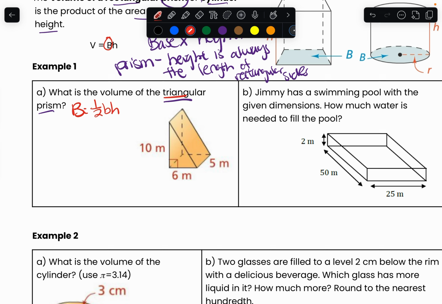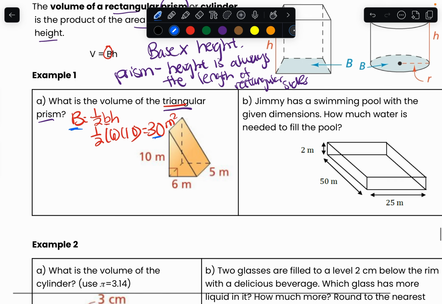Now, in this case here, it's a small base. It's talking about the side length right here. That's the small base we're talking about. So it'll be 1/2 times 6 times 10. 10 is my height. And now, if you calculate this, your big base right here will be 30 meters squared, because it's the area. So this means my big B right here is 30.